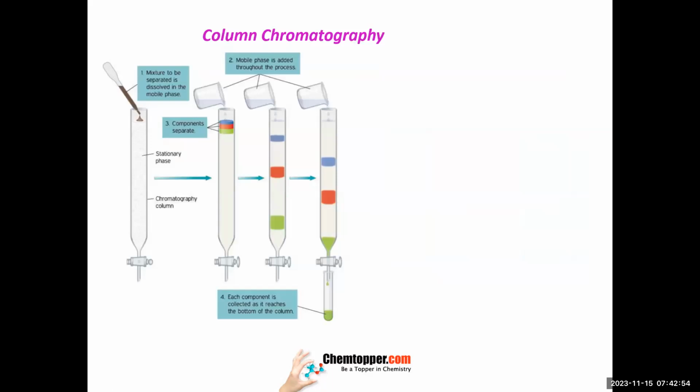Like here, this is called column chromatography. Very popular. In this column chromatography, you are using a burette. This is a burette which we are using in the titrations. You can open from here and the liquid starts coming out. This burette is filled with a kind of material which is porous but solid. So it is packed by a kind of